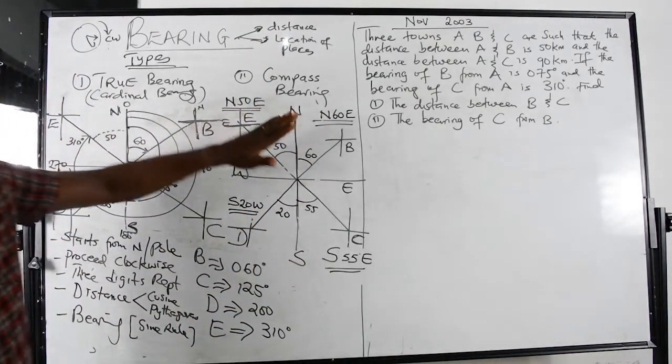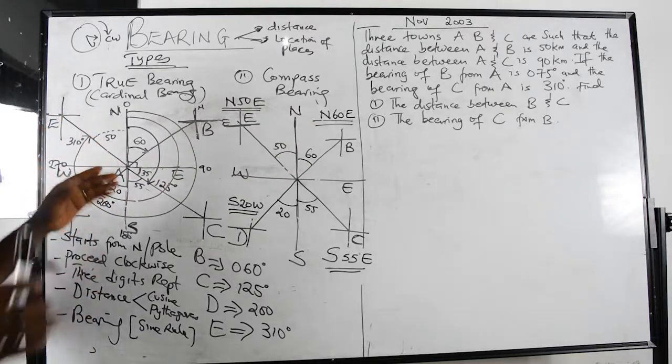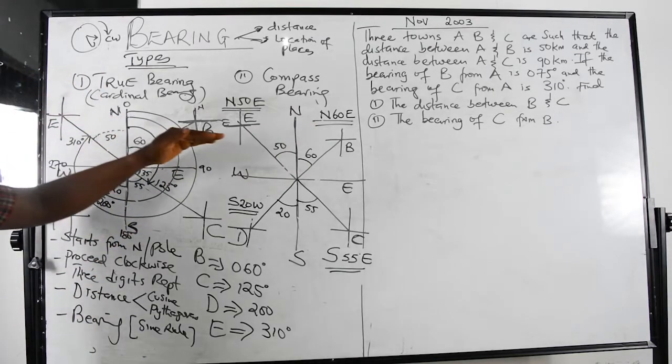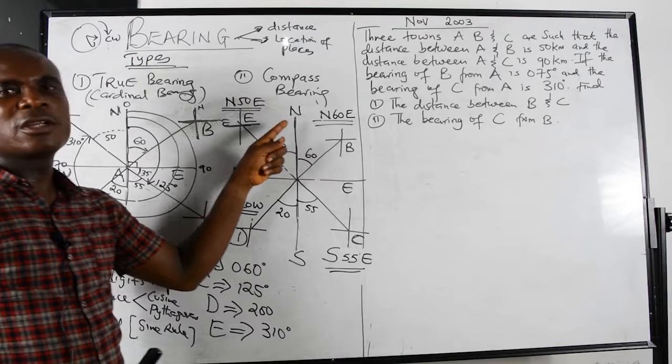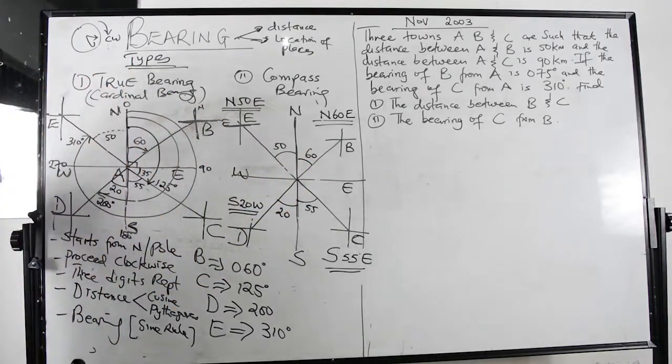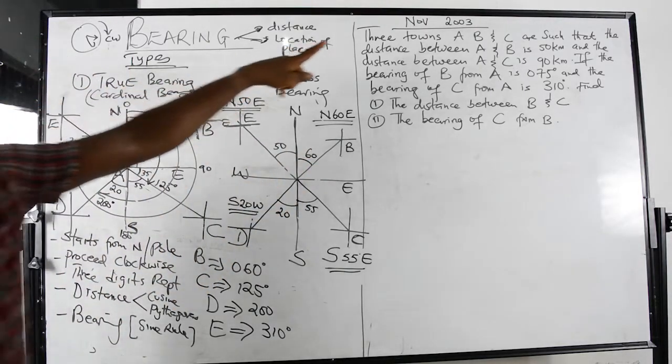So the difference here is only the location, but when we come to the calculation, it's going to be the same procedure to calculate the distance and the same procedure to calculate the bearing of the place. So now you know the difference. So we're going to use these two, and we'll use one of them.